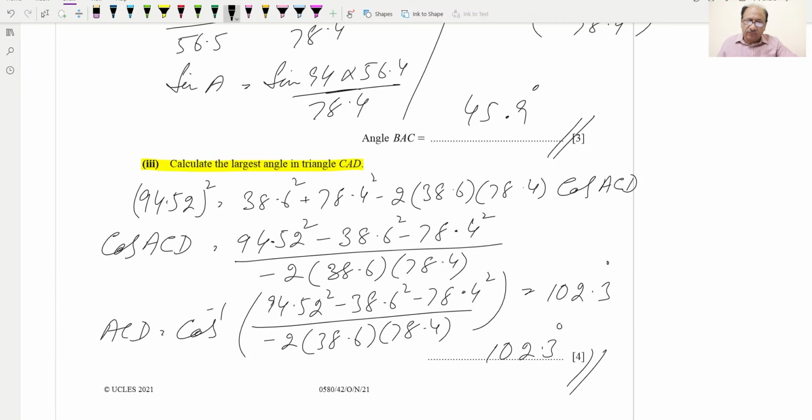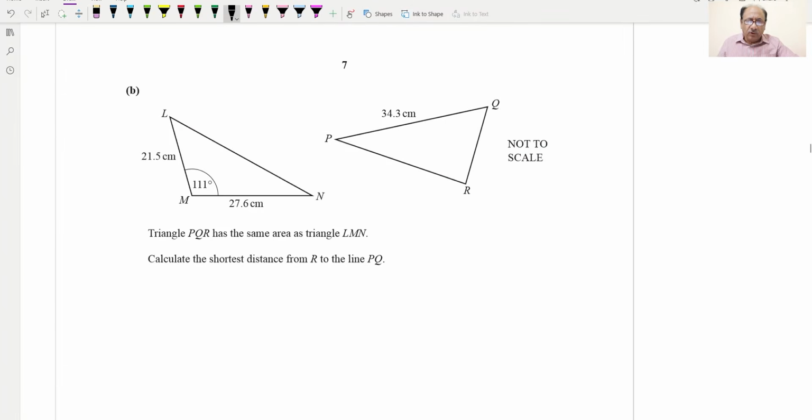This will be the answer for 4 marks. Hopefully you understood this. Now B part